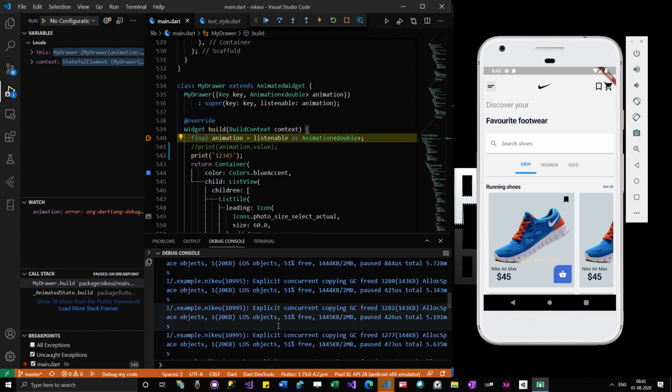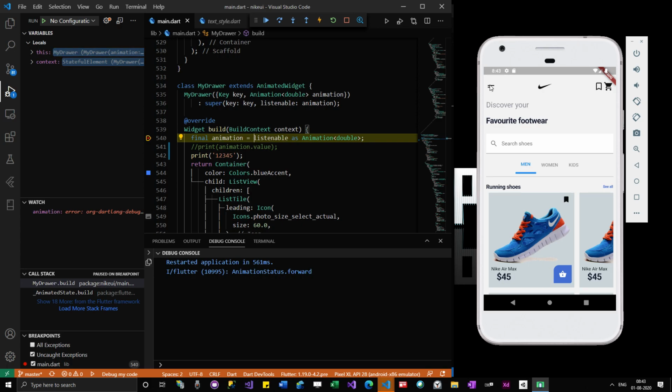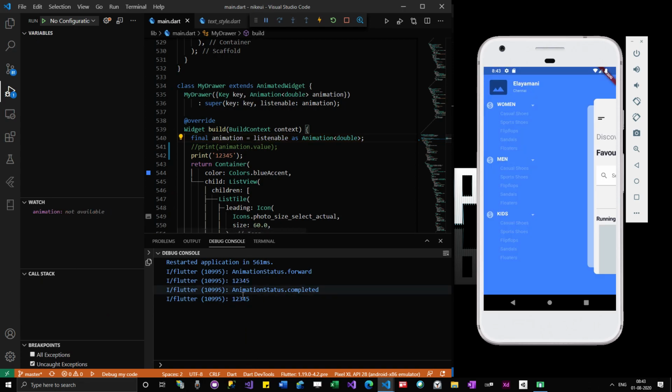Okay, so let me reload it, because that will help me to clear the log. Okay, let me restart again. So now it is restarted. Whenever I click here, okay, the execution got stopped. I will remove this breakpoint and then continue. You can see that this part of code is called 2 times. That's because of animation. If you're not having animation, it will be called only 1 time.